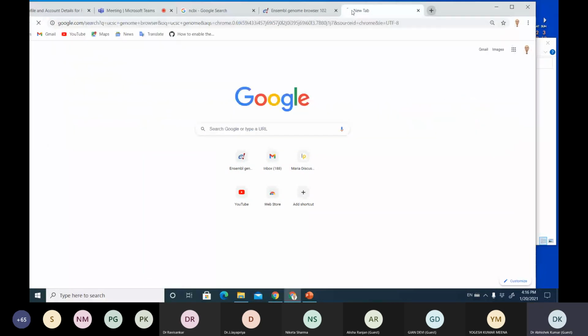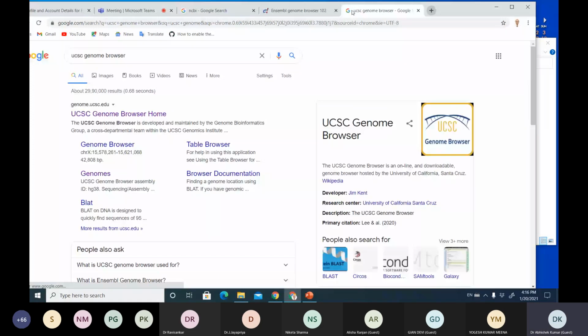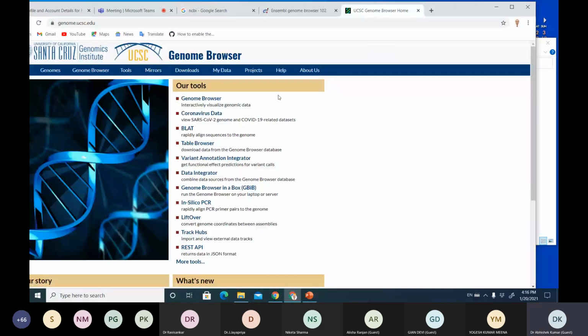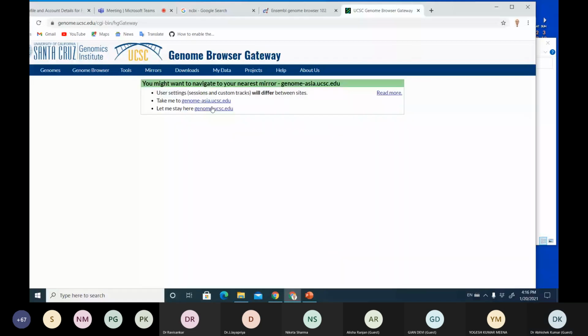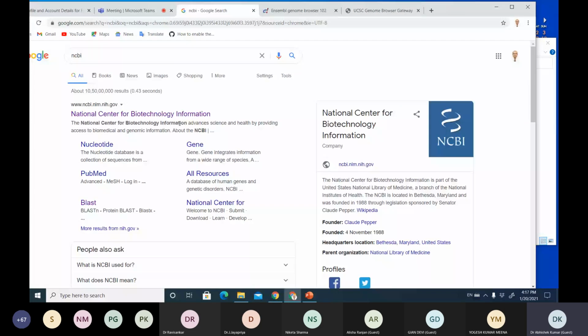Okay, so you will use the UCSC Genome Browser, and now we are going to the UCSC Genome Browser. We are going to NCBI. Okay, so let me introduce you to the